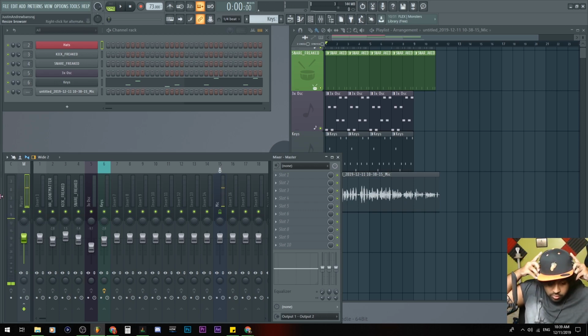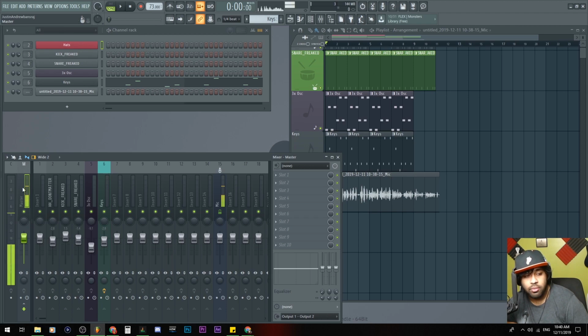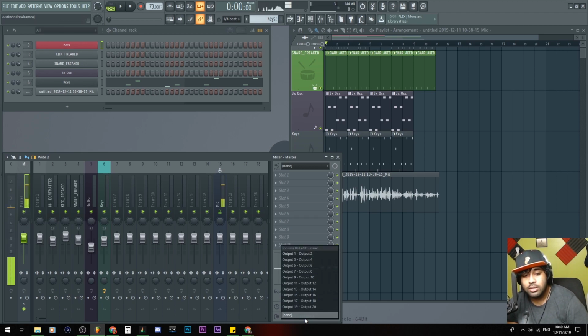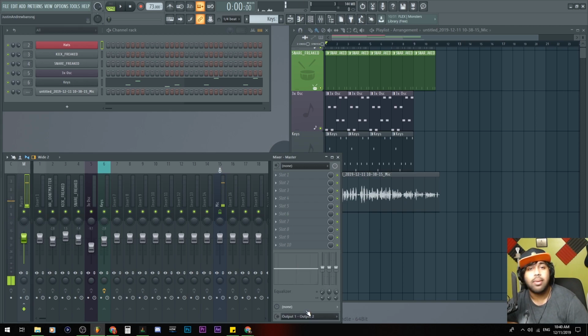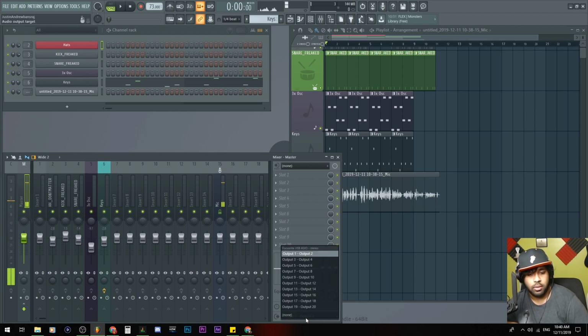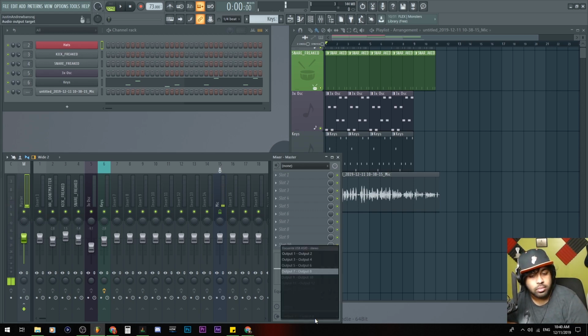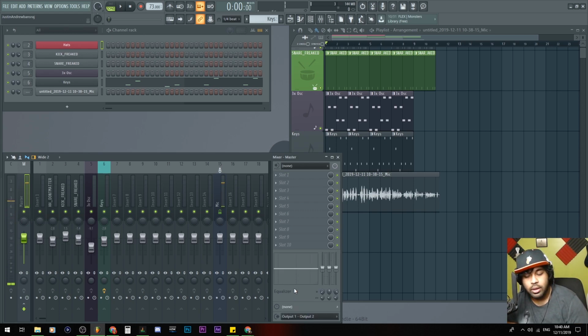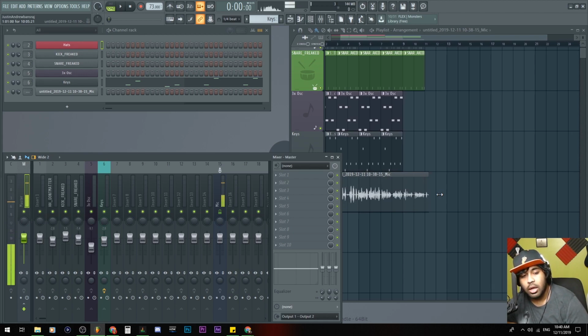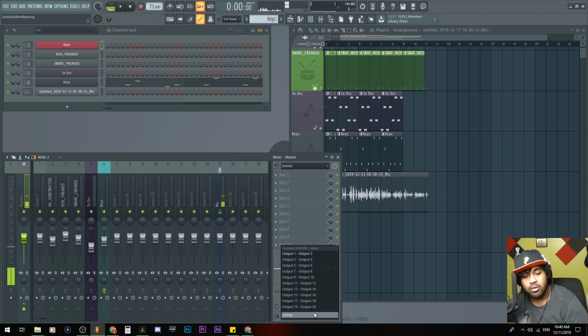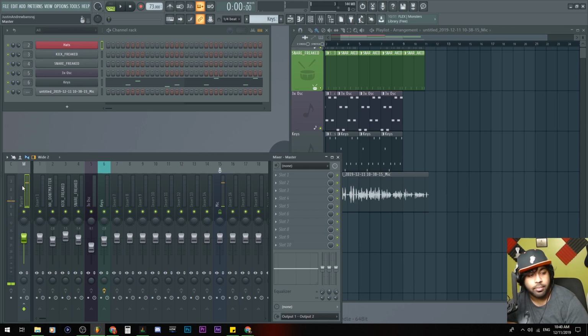I don't like them. But yeah, this master insert is what we're hearing. If I turn this thing off, which is the output speakers, I'll put it to none. Wait, what? All right, what if I put it to... Yeah, you basically couldn't hear me. I don't know why. I can't set it to none for some reason, but you can't hear me.